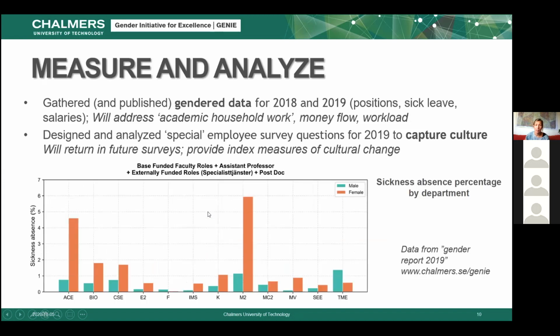What is very worrying is the sick leave. Female are the orange and the male are the green. In general, people are not so sick, and we're very free at work, and many people work from home even if they're sick. But even so, this is all over, female are more sick than male,